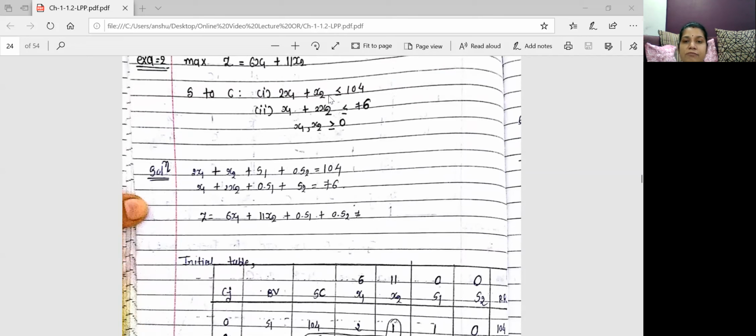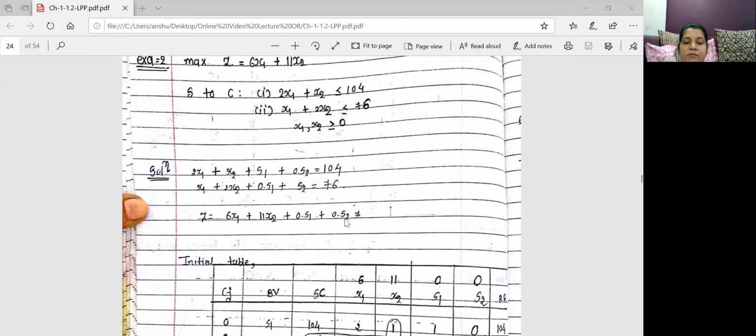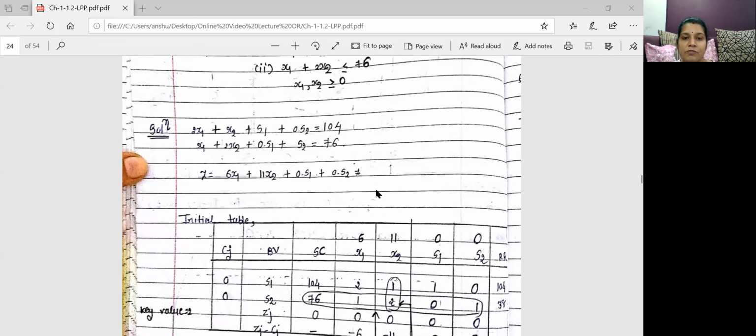In case we are in less than equal to form, then we need some modification in our subject to constraint equation to make it equal to type. So we use two slack variables s1 and s2. If we use two slack variables s1 and s2, then we write these two variables in our maximization equation. That means our objective function has 0 dot s1 and 0 dot s2. Why do we use 0 dot s1 and 0 dot s2? Because when we add 0 dot s1 and 0 dot s2, there is no change in our objective function. So we write this type of equation.